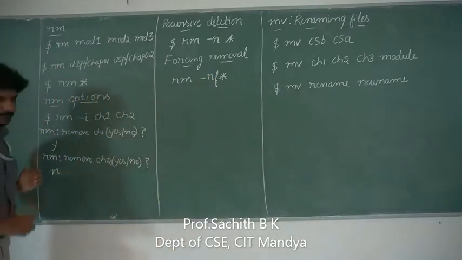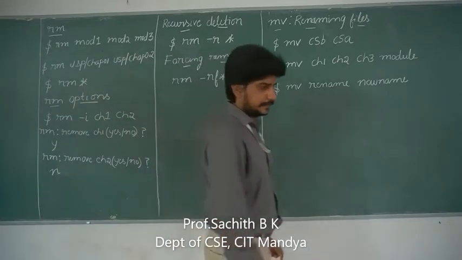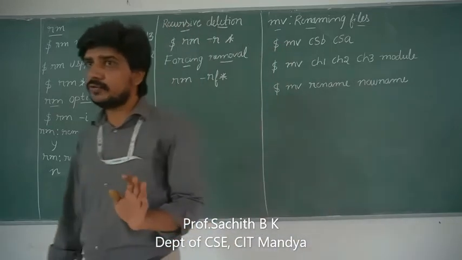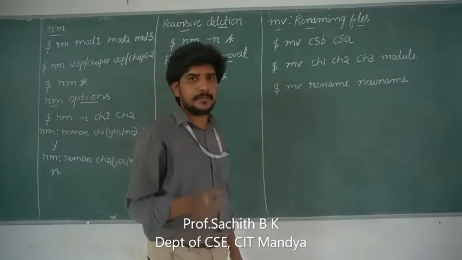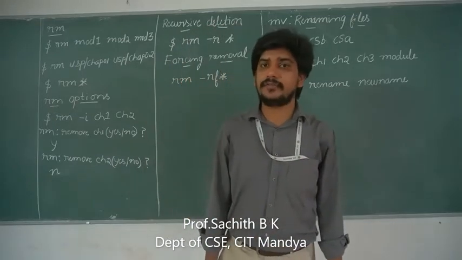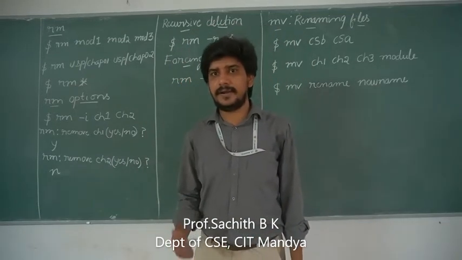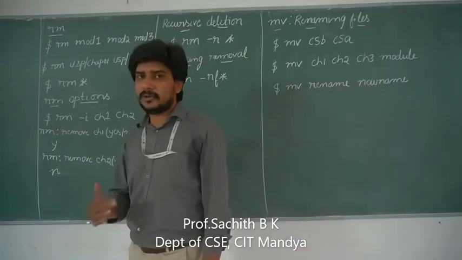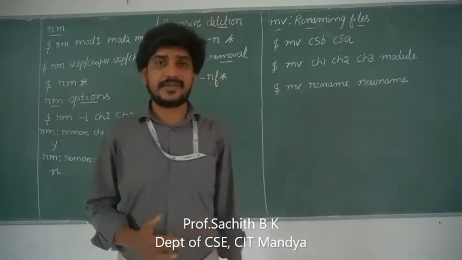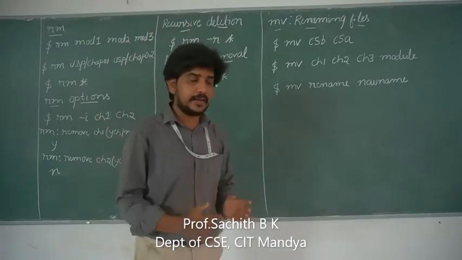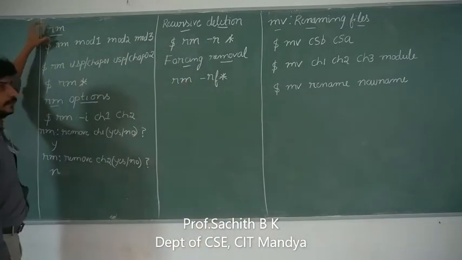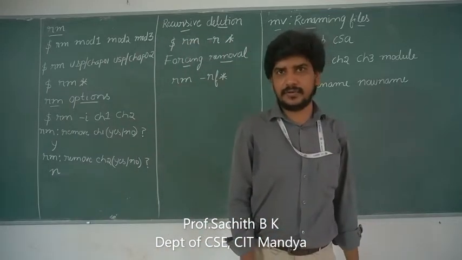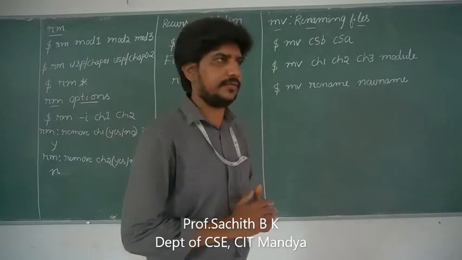The first one is rm. As the name itself suggests, it is mainly used to remove files. It is not used for removing directories, because for removing directories there is a command called rmdir. This is the command which is used to remove directories from your file system. But in order to just remove or delete files, the command which should be used is rm. So rm is a command which is used to remove or delete files from your directories. It is not used to remove directories.